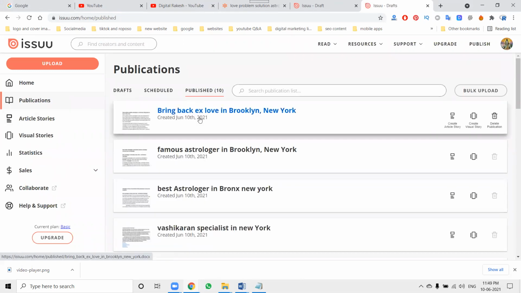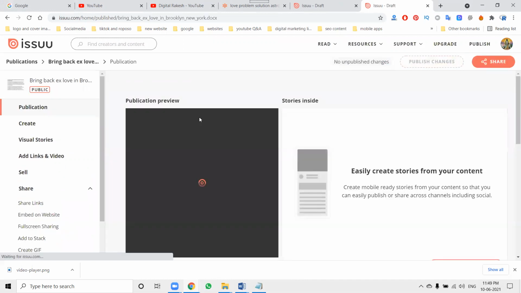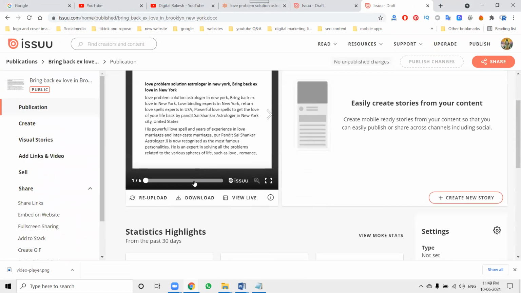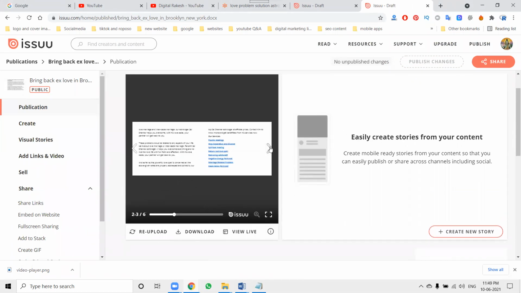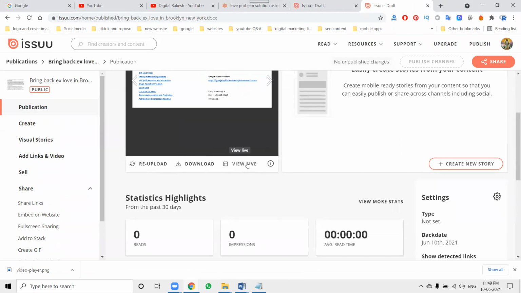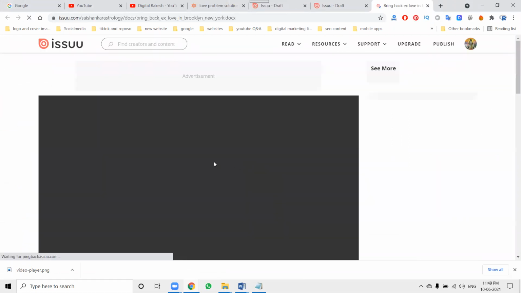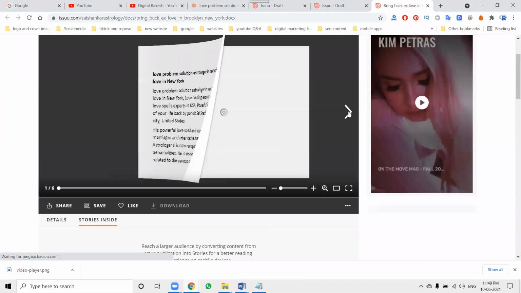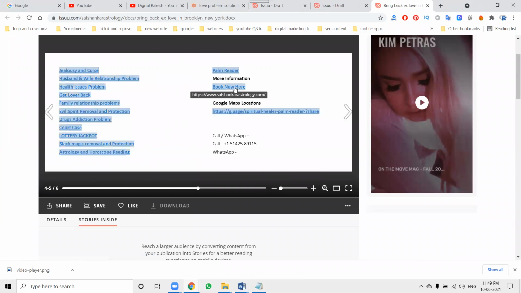With this keyword, we'll be generating traffic to your particular website. When people come to this option, how will they watch this preview? Click here, any option will be clicked. We just load it. What link is here? It shows the particular option. This will be view live. When people watch this preview live, how can we show the customer? They can read the complete documentation, and they can click the link.